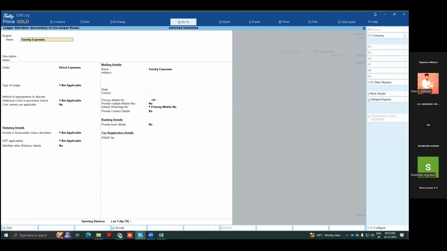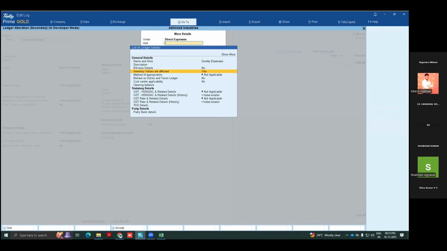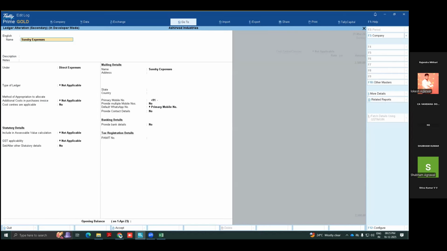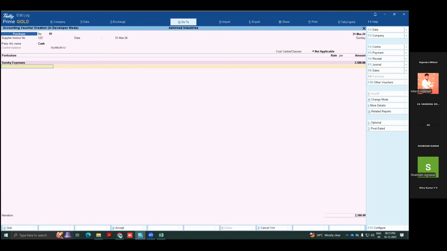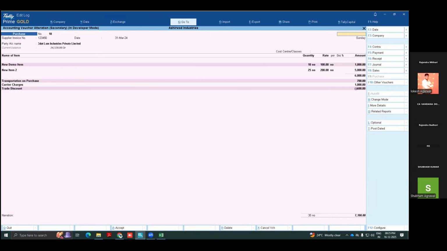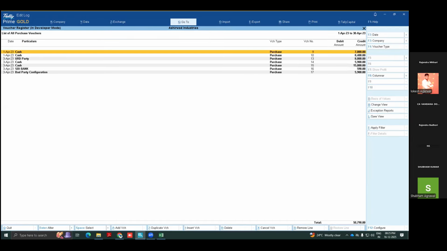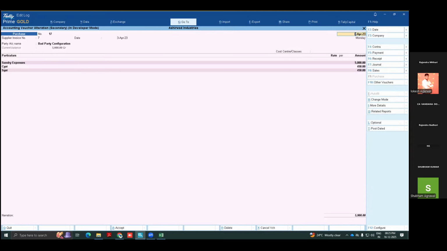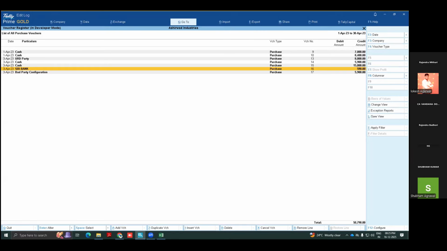Again, I think that will remove. No, that window should come here. And I think one purchase account, just a minute. One purchase account is there. Sundry expenses, one option is there. Okay, we will check that also.